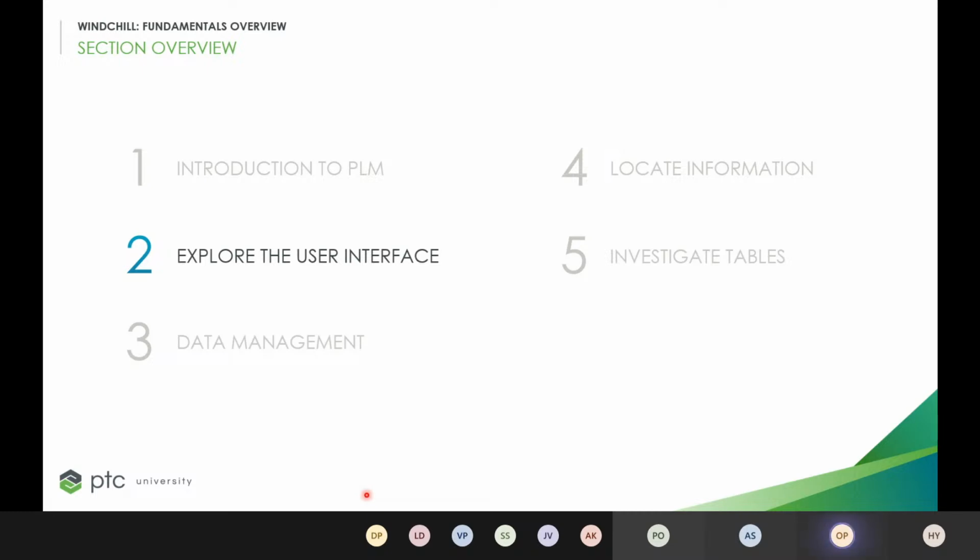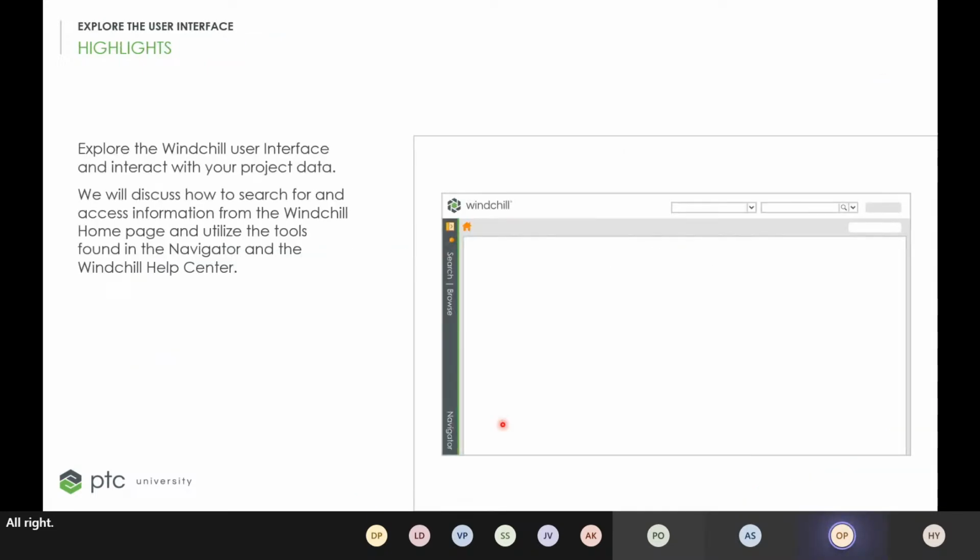All right. Then we will start exploring the user interface in Windchill. We will discuss in here how to work with this interface that in the beginning will present a welcome message. This is the Windchill logo over here. You will have access to search for data and browse over here with the navigator. The home page by default will present